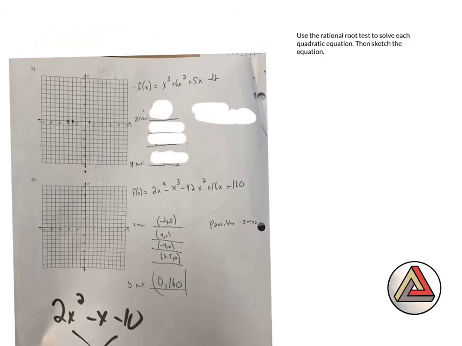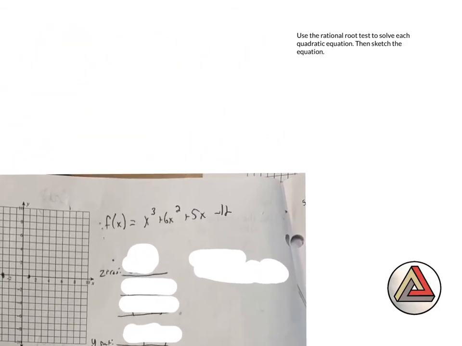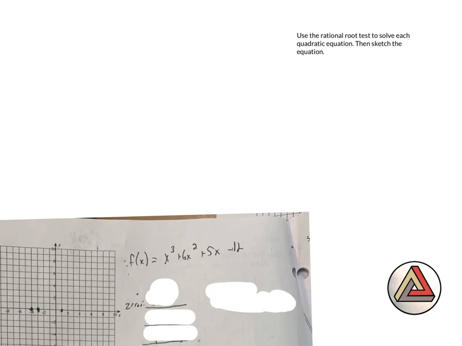So the first function is obviously this one. And what I'm going to do is rewrite it in a way that we can really study it. So we have f of x equals x cubed plus 6x squared plus 5x minus 12. And basically,